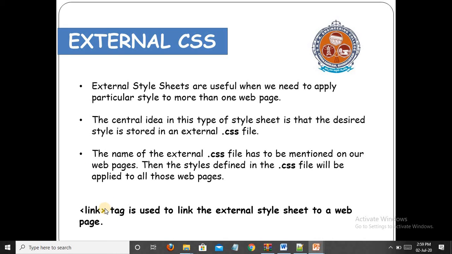Then only will the styles defined in the CSS file be applied to all the web pages. So if you write one CSS file and want to apply it to 100 or 1000 or n number of web pages, we must use this CSS file in the link tag of the web page we want to use it in.